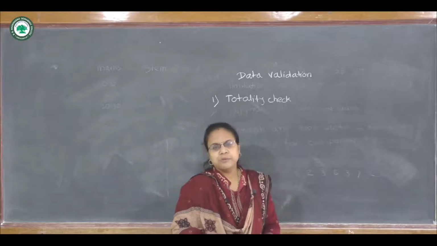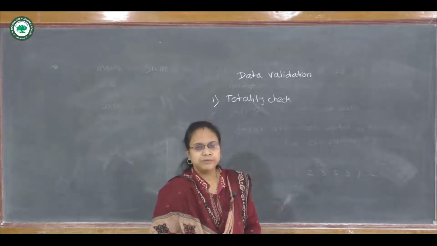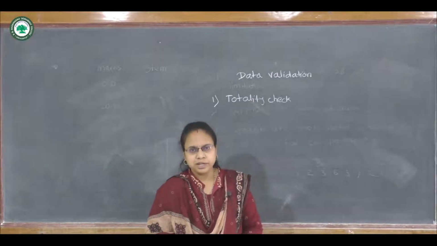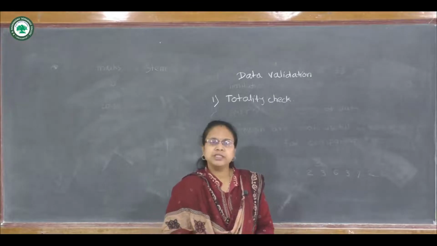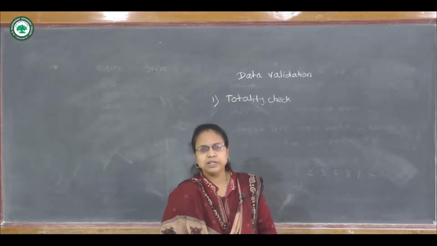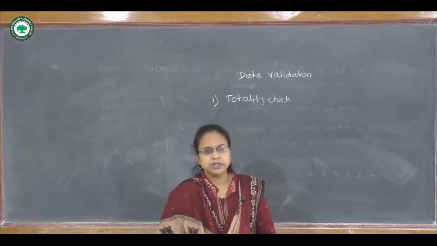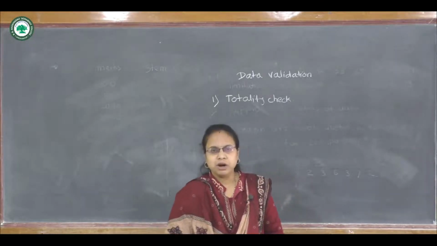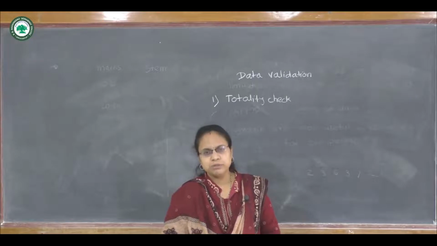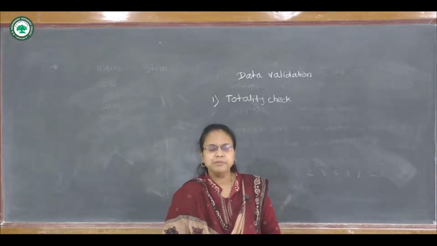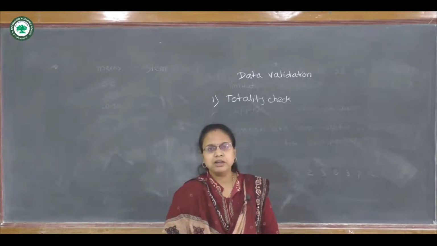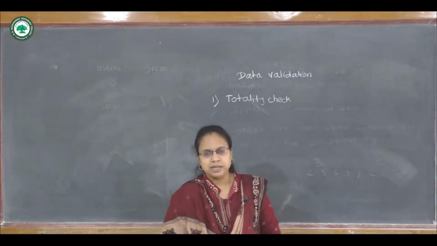Suppose the observations, when we count them, are more than 100, then it may happen that some of the observations are repeated in that data. So we have to remove those extra observations which are repeated, and then go for further analysis.